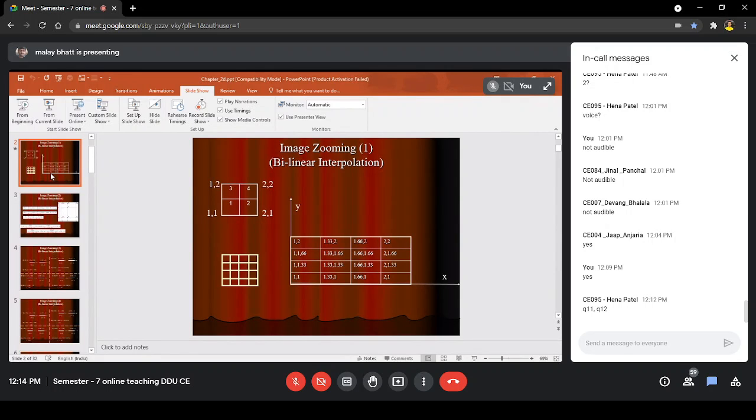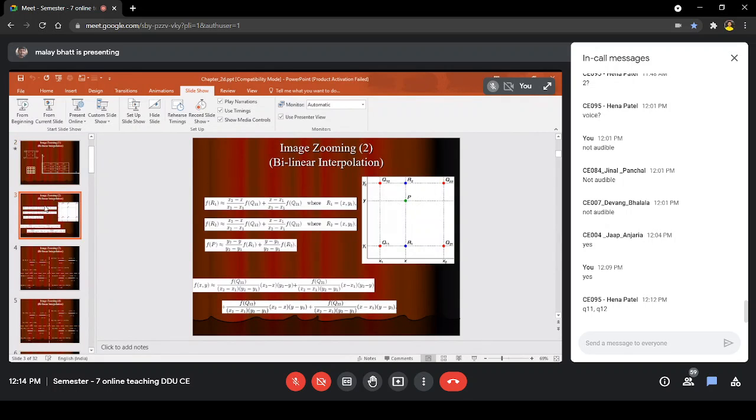So for that we have to use this equation, which is given, f of p if p is a middle point like this. So what we have to do is use this equation f of p, which is equal to, we already have the value of f of r1 and f of r2, so we can use that equation directly.